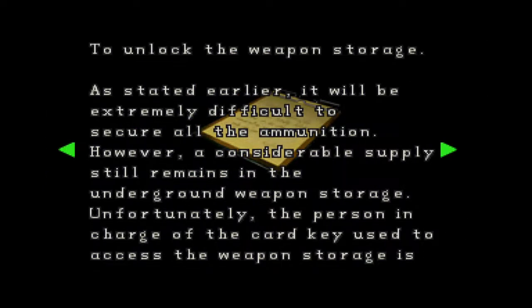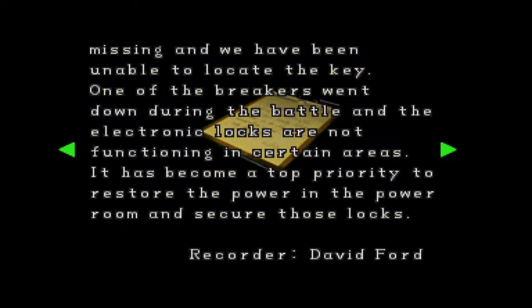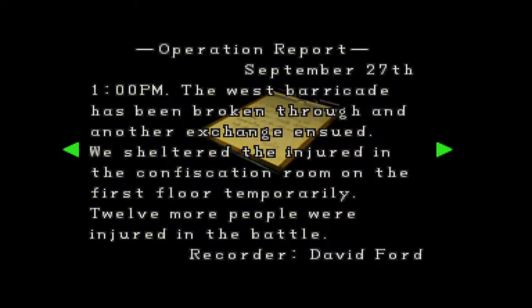To unlock the weapon storage, as stated earlier, it will be extremely difficult to secure all the ammunition. However, a considerable supply still remains in the underground weapon storage. Unfortunately, the person in charge of the key card used to access the weapon storage is missing, and we have been unable to locate the key. One of the breakers went down during the battle, and the electronic locks are not functioning in certain areas. It has become a top priority to restore the power in the power room and secure those locks. Recorder David Ford. Operation Report, September